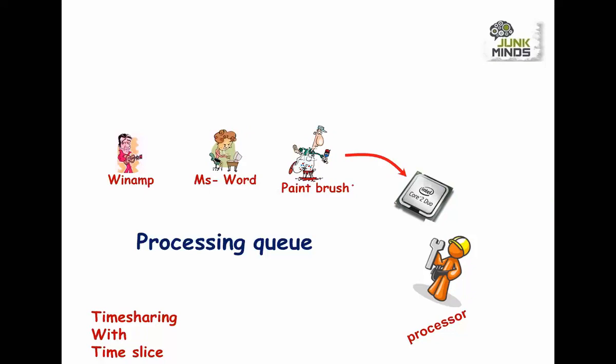Now actual execution of this Paintbrush starts. I will say that this thread has now gone from a runnable state to a running state. What this means is that this thread is now actually under execution. Now it will keep working till its time slice expires. As soon as the time slice expires, this thread will have to leave the resources and go back at the